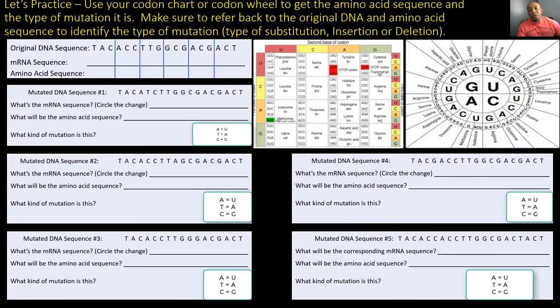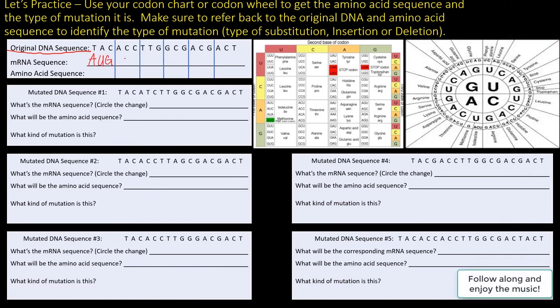And you're going to use your codon chart or codon wheel to get the amino acid sequence and the type of mutation it is. Make sure to refer back to the original DNA and amino acid sequence to identify the type of mutation. So whether it's a substitution, insertion, or deletion. So here's that original DNA sequence that you're going to refer back to with each problem. Now what I like to do is separate my codons into 3s so I don't get confused when I'm doing my mRNA and amino acid sequence. So now we have TAC that's going to